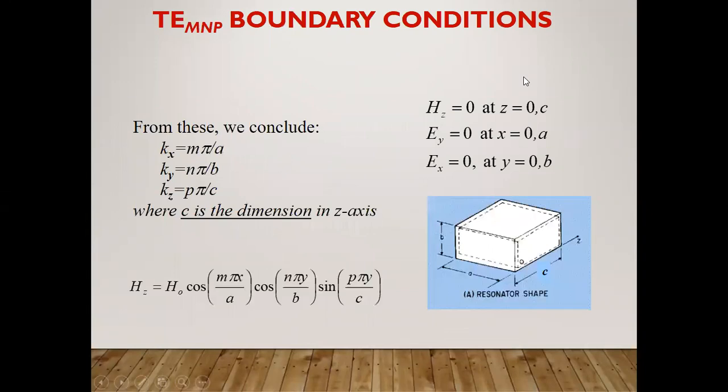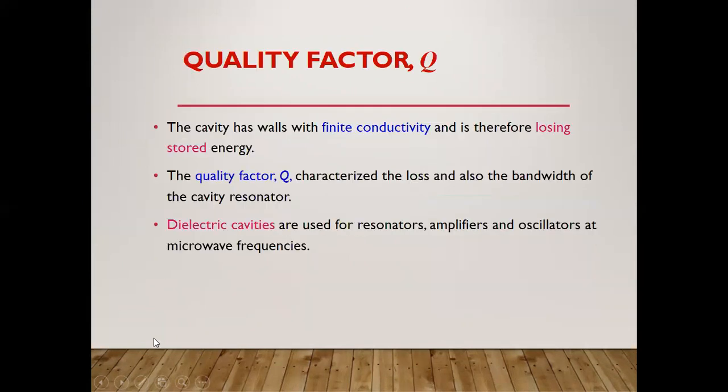See here how we can represent. Already we have studied: Z will be 0 to C, the dimension C. X will be 0 comma A, and Y will be 0 comma B. But we know very well X and Y will be 0, and the Z is also the 0 term. How we can calculate the constant term, that is K in the X, Y, and Z plane? The formula will be the same. Only the change is that instead of the electric field, this will be the magnetic field. You need to focus on that.